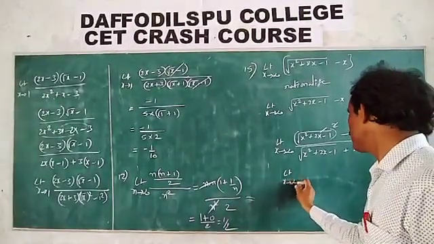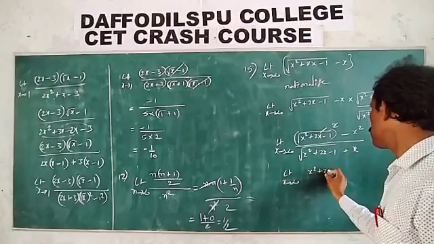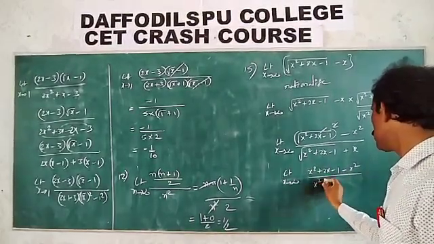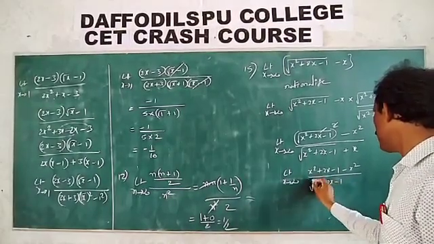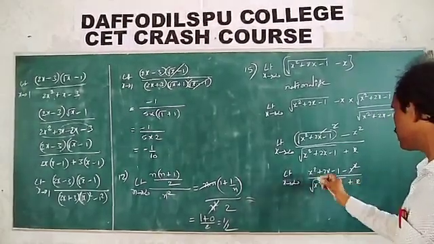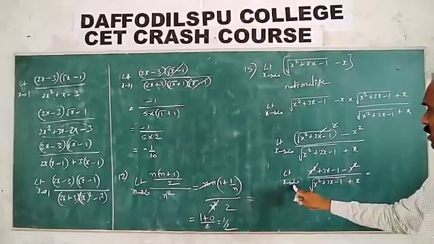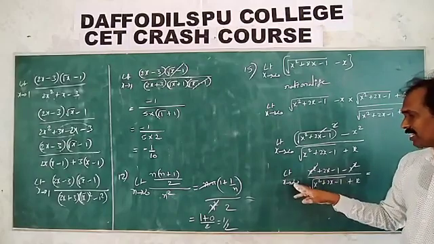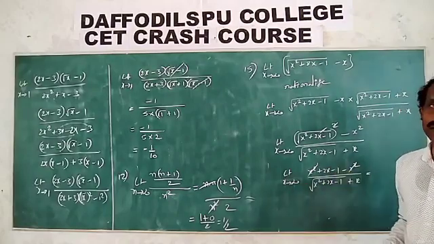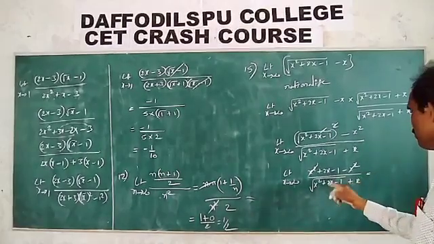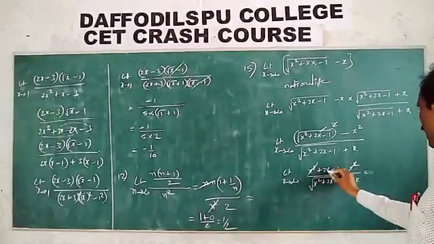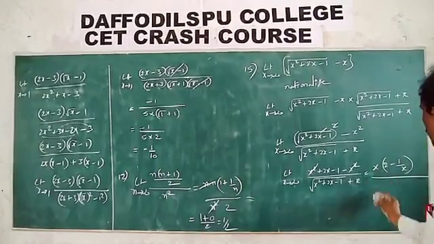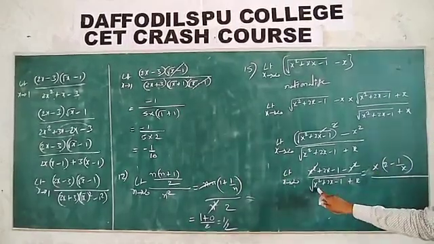Limit x tends to infinity, the square root of x square plus 2x minus 1, minus the square root of x square plus 2x minus 1, plus x. Minus x square cancels. If it were some number, we could just substitute, no problem, but here it is infinity, so direct substitution is not determined. So you can convert it. See carefully. Here take x common, x of 2 minus 1 by x. Clear? Now here x square common,